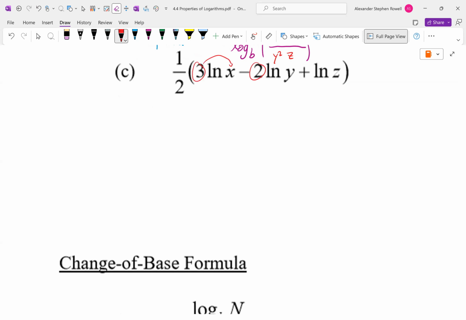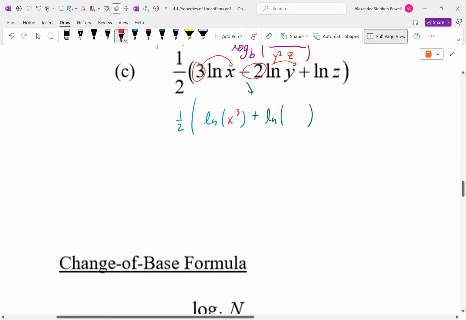Okay, how do we combine these? Yeah, we deal with the exponents first. Ooh, do I take the 2 or the negative 2? You could do either. Either's okay. Which would you prefer? Do we have preference? Okay, I'm gonna take the negative 2. So that gives me 1/2 times natural log of x cubed. If I took the negative, then this becomes a plus natural log of y to the negative 2 plus natural log of z is still there. So the advantage of taking negative 2 is all addition, so I can combine those pretty quickly